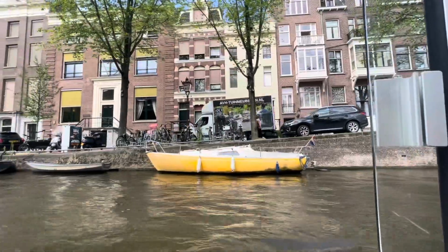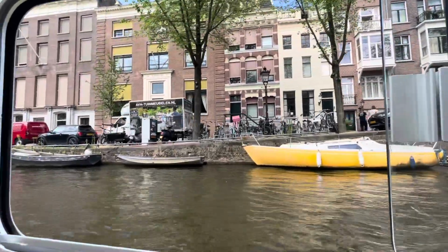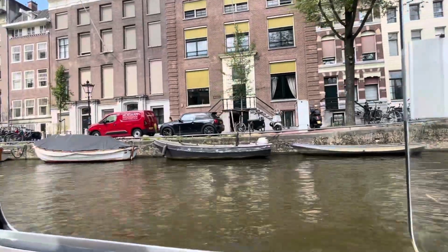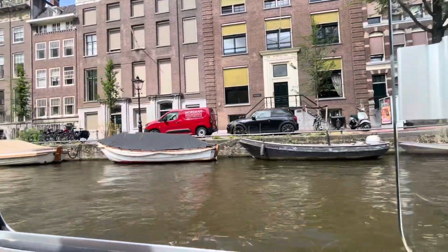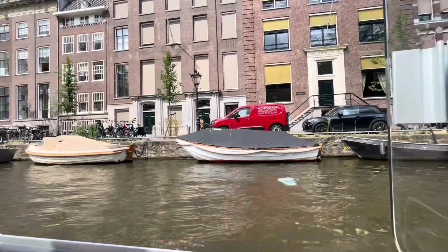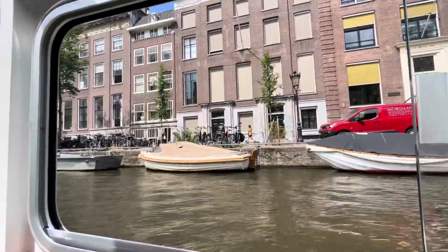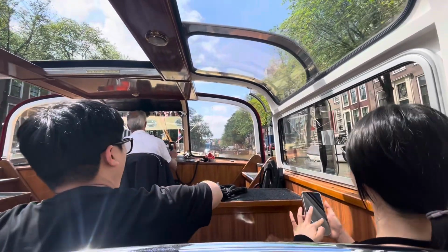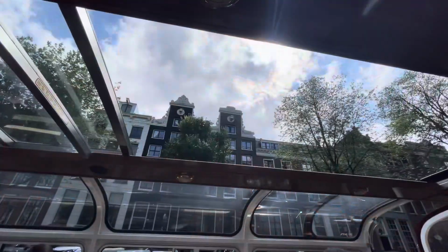Also funny that there's actually cars here. It's one of the bigger ones, road gracht here, because usually it's just walking and bikes. We're now getting to the Herengracht, or Gentleman's Canal. This canal was dug in the 17th century. The canal houses